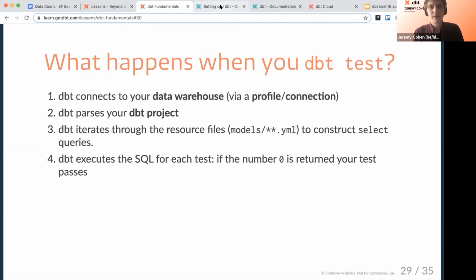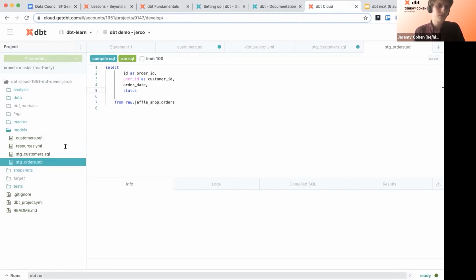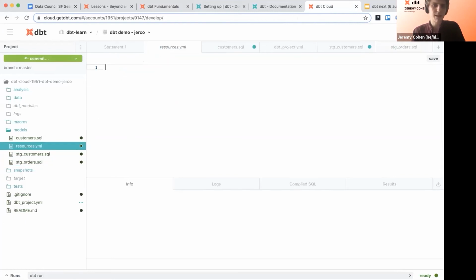So, same as before, connect to the data warehouse, parse the project, iterate through all those resource files, execute SQL for every single test. Let's write some tests.